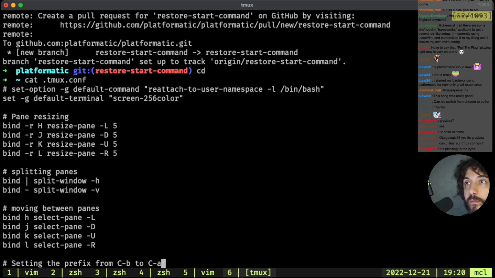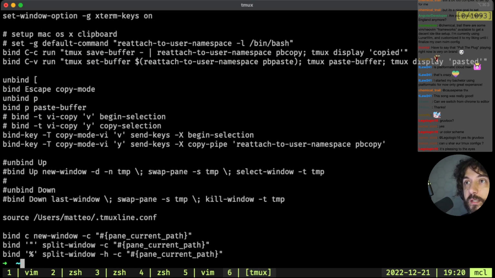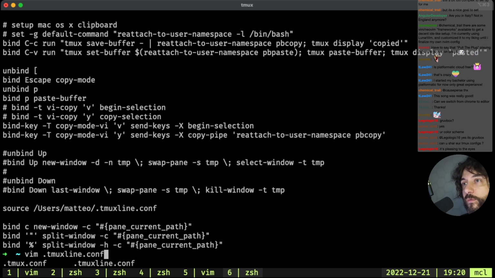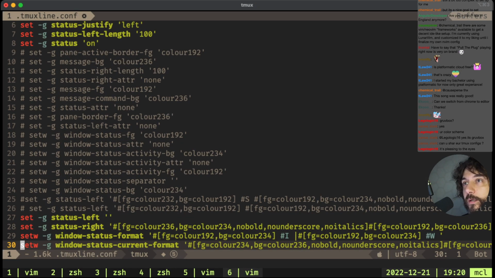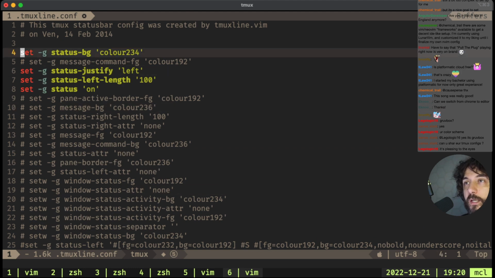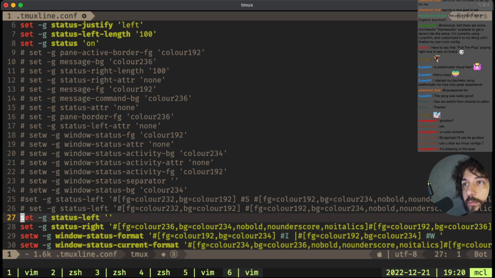It's pretty long. It's nothing special here, to be honest. The most interesting part is this tmux line, which is what I used to create this configuration a long time ago. The color, and some of this mumbo jumbo, which I don't even know what it is. So yeah, pretty much.